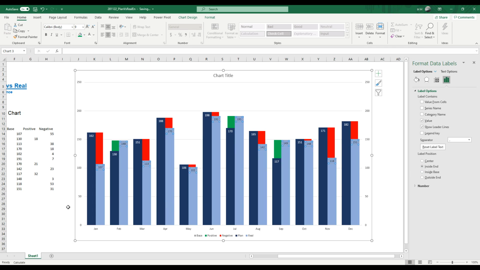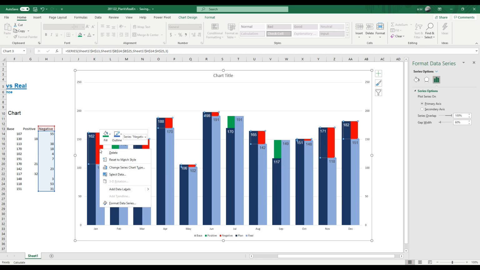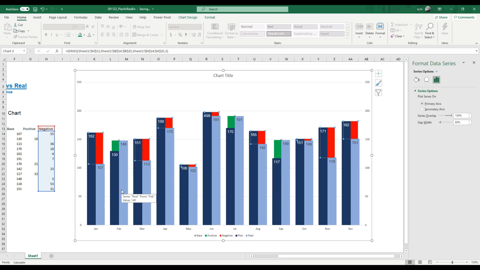And then this is looking better. But I'm going to do Arial 11, and I'm going to do this also for the real. This is the plan, this is the real, and then we have a difference also. I'm going to add the labels on the balance ones, on the deltas. Add data labels, and then